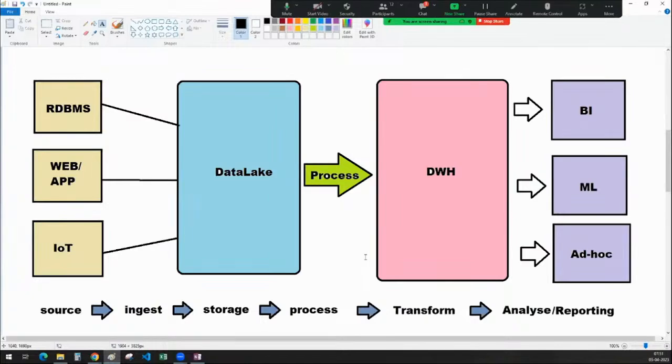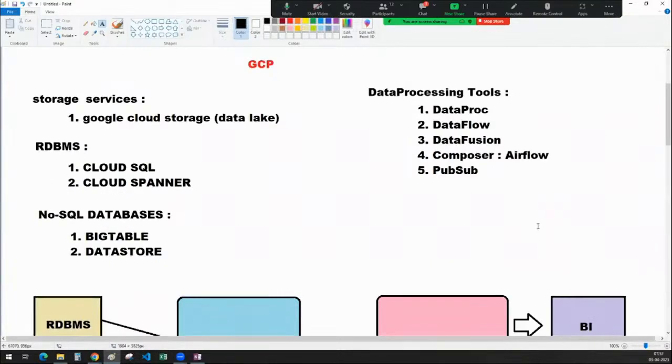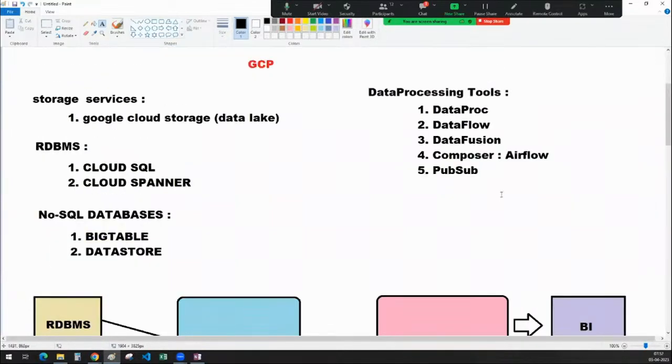So all of those things, if you wanted to have, you can go to Cloud Composer. That is the Airflow manager instance where you will be able to have plenty of options available. You can schedule the pipelines, you can monitor the pipelines, you can create the DAGs, you can do anything in there. And one more thing is Pub/Sub, a big data ingestion tool,